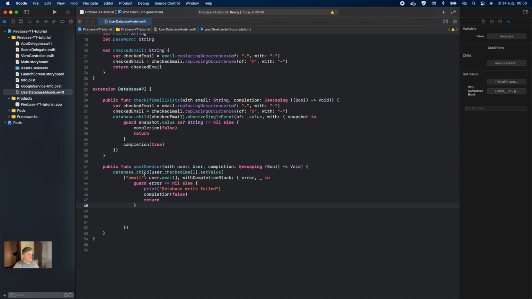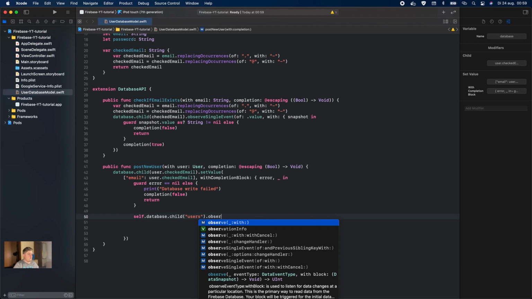So what we tried here, we do database.child user, and we do checked email dot set value. So we try to set the value, but we say here user.email. We have to change this to checked email with completion block, error, and here it checks if the error is equal to nil, or make a guard error is equal to nil, else. So if the guard error is not equal to nil, it does a completion is false and it returns an error. And else, it is going to do self.database.child users dot observing single event,